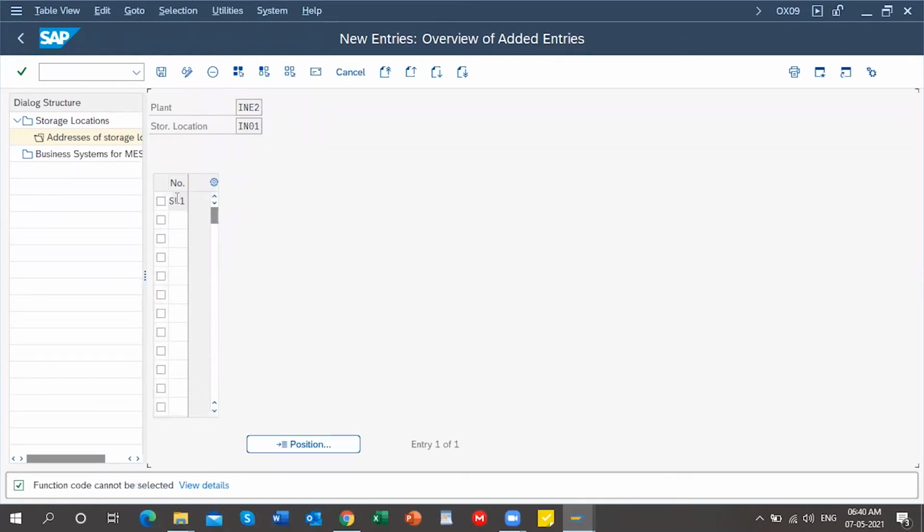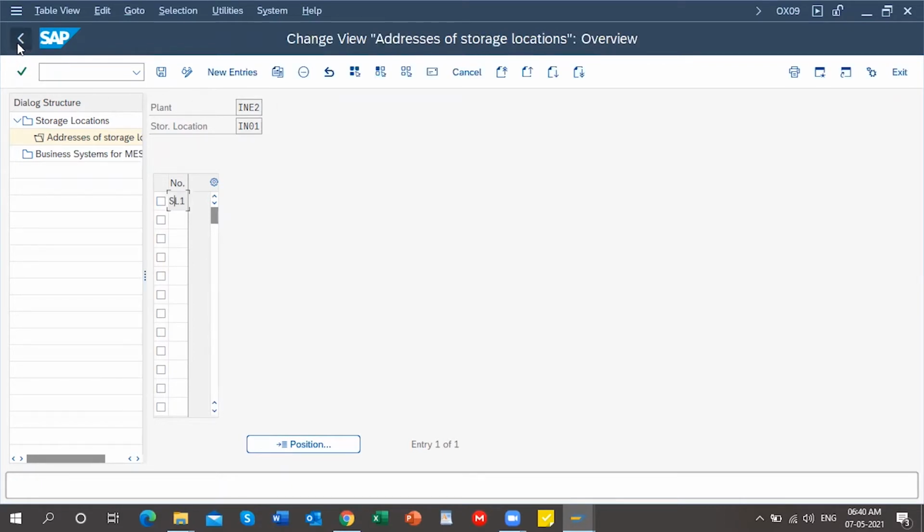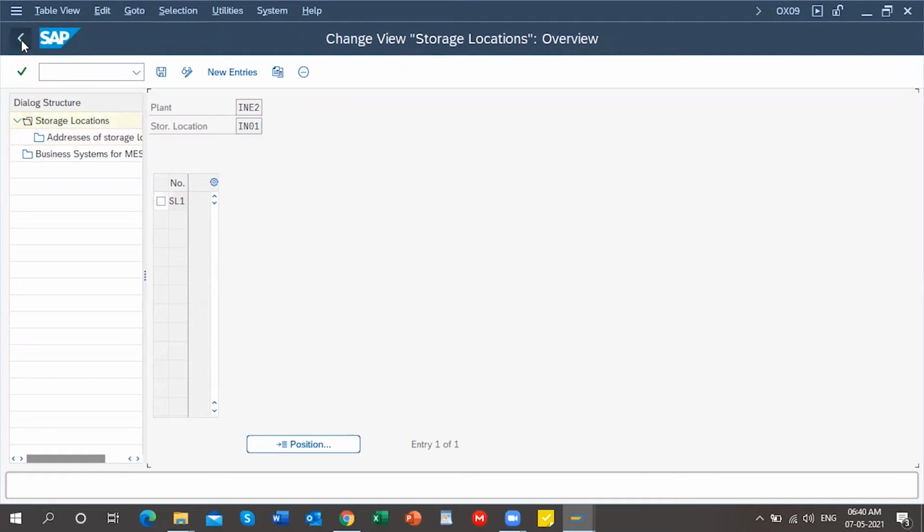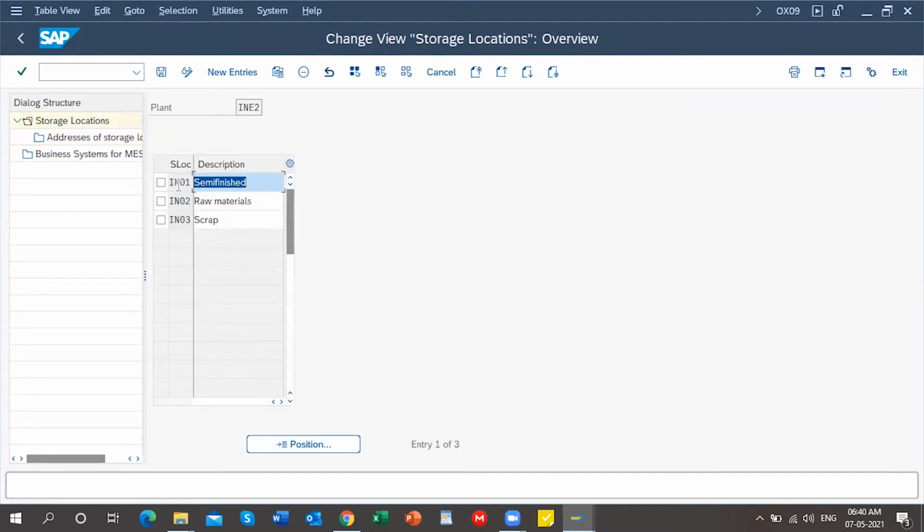Now you can see this. Select this, go back, and double click on this.